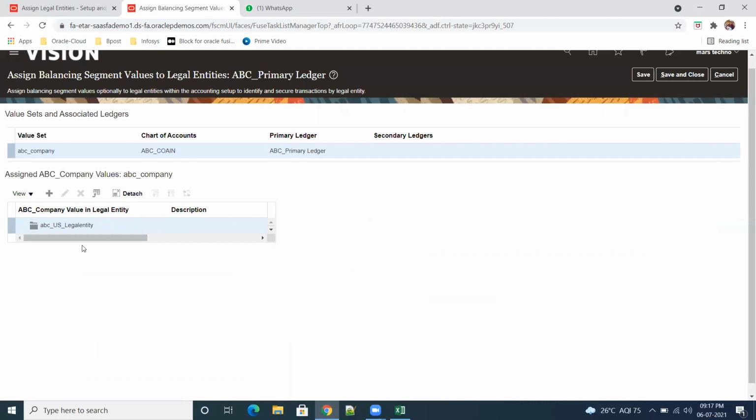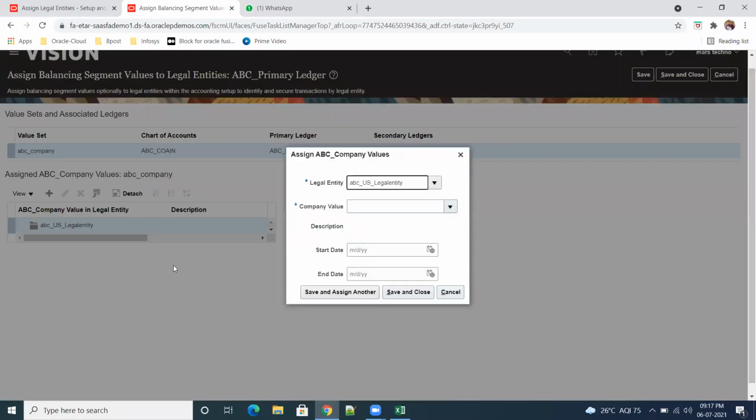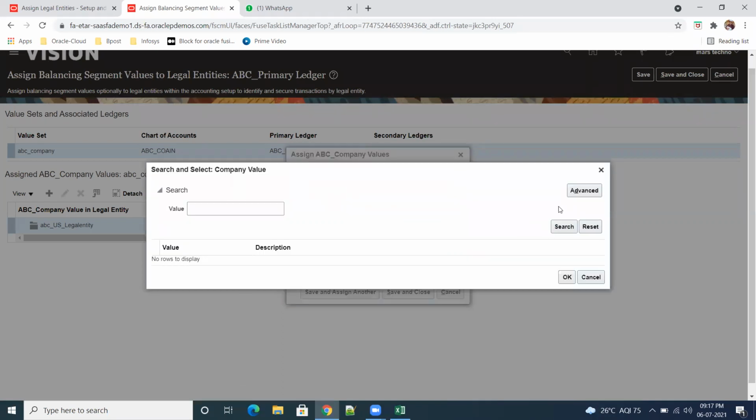Did you remember? This one we did not get. Yes, we got some kind of error because we did not follow the proper steps. Now, if you click on place, the system will ask, what is the company value? Since we have three companies, you can add those three companies. What is the value? 000, 001, 002.